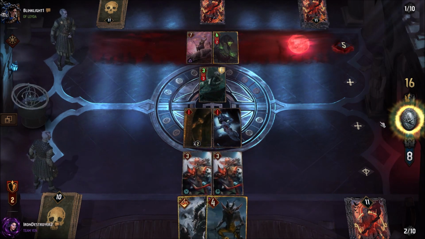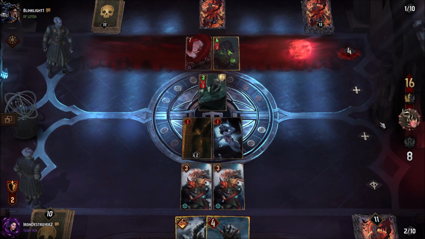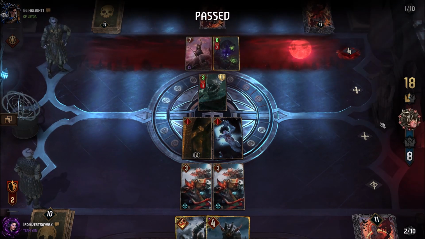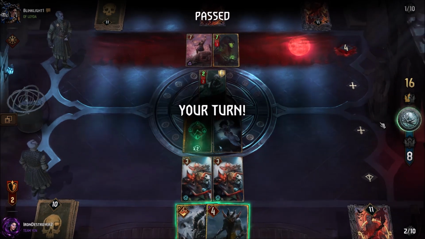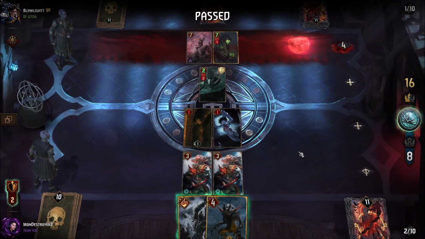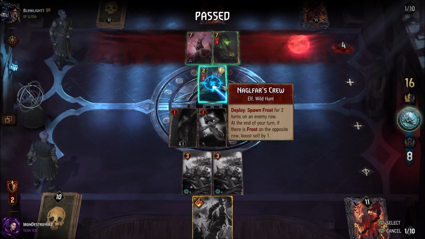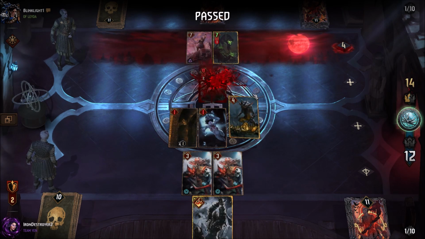This could be bad, but we need the units out. Yeah, that's kind of what I expected. Okay, now here's something that could happen. Now, we're gonna play Gills. We're gonna kill this Naglfar crew. The question is, do we use Leader Charge or not? Because